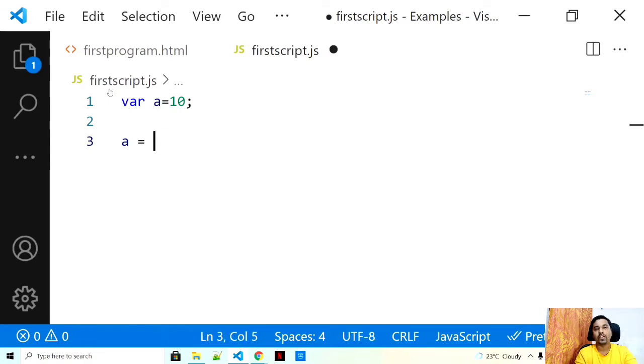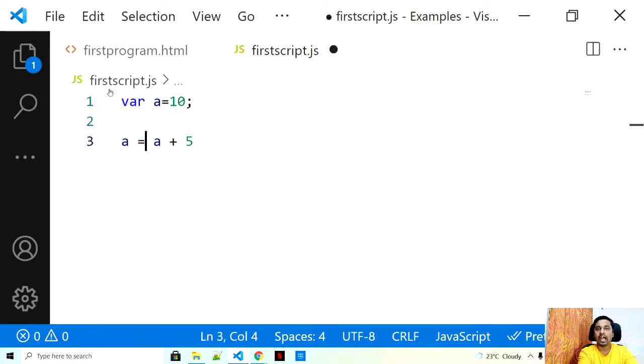What I want to do is increment the value of a. I'm not incrementing the value of 10, I'm incrementing the value of a. That means a now has 10, and I want to add 5 to a, not to 10. So that would be a plus 5. In the previous video I already said that your assignment operator will come last.